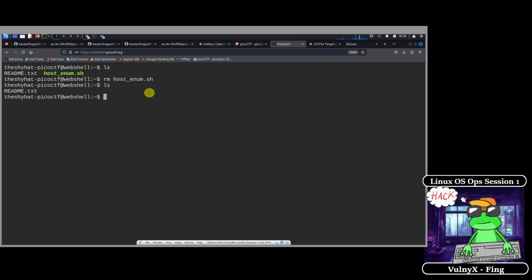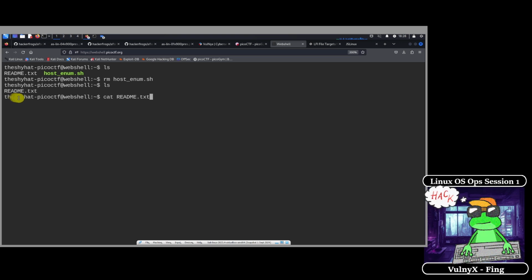But another thing you can do is you can read files. So you can read files using the cat command. So the command is called cat and then space and then the name of the file you want to read. So there's this readme.txt file right here. If I wanted to read that, I would just type cat and then space and then readme.txt.